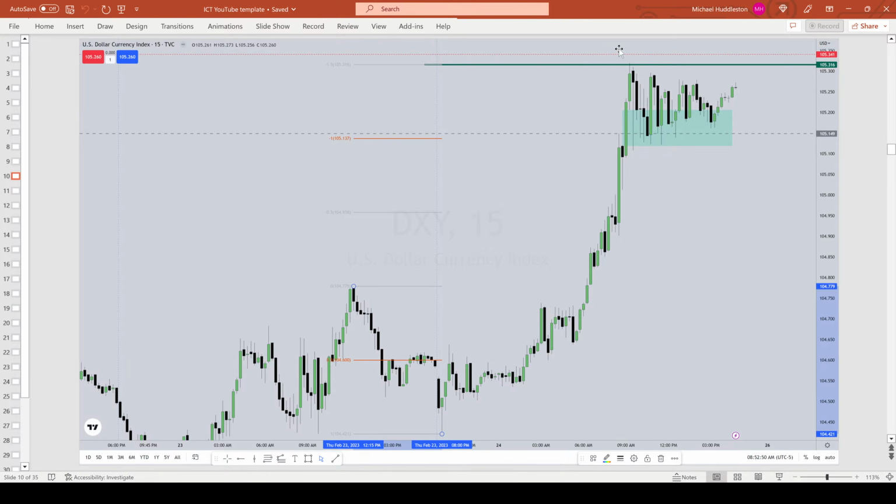So we have precision here, but this is also an experience thing. You have to know when it's really likely to continue, and it's Friday. We've already moved up a whole lot before the 9:30 opening, right in here. All this movement took place prior to that. So you're going to miss moves sometimes if you're only trading at 9:30. You're going to miss moves if you're not trading around 8:30. You're going to miss moves if you're not trading overnight in the London session, which is down here.